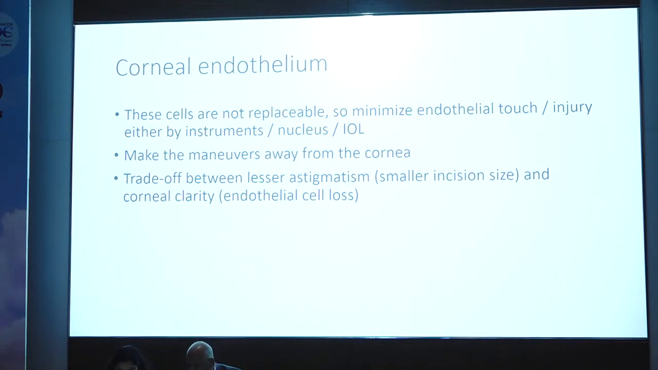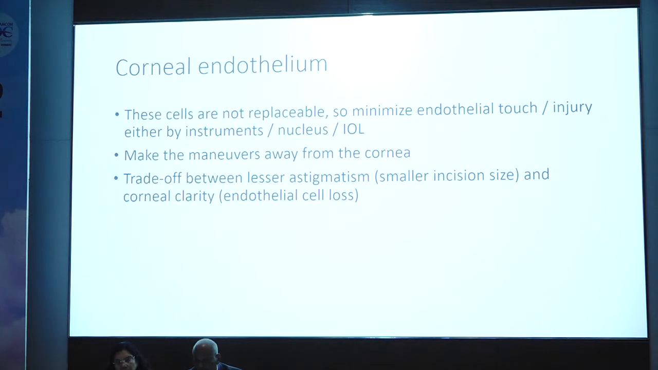Make the maneuvers away from the cornea. And again, as surgeons, we focus too much on astigmatism. We think astigmatism is something that is very wrong. That's why we do phaco and smaller incisions and toric IOLs. But in SICS, there is a trade-off between lesser astigmatism, that is smaller incision size, and corneal clarity, endothelial cell